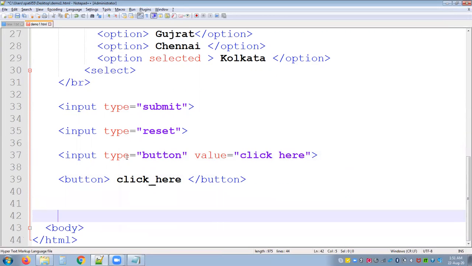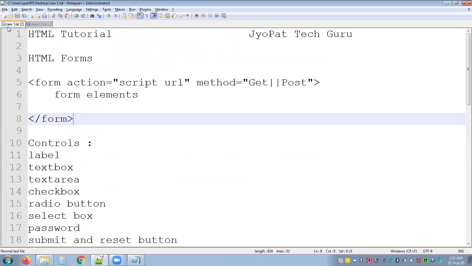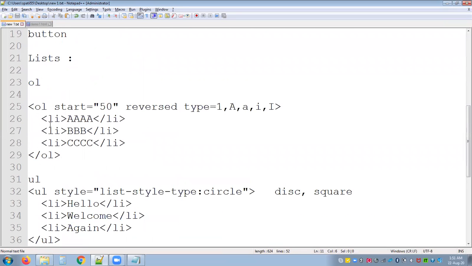Next, coming back to the other information. Usually after the form, you'll get some rules and regulations that need to be followed while you are entering the data. For that, we have OL and UL. OL is the ordered list, in which I'm going to get the standard numbering format, or the bullets will be in terms of numbers. There is a different set of attributes introduced within the OL. You can give start and the number which needs to be started, or you can give reversed, or you can give the different types.